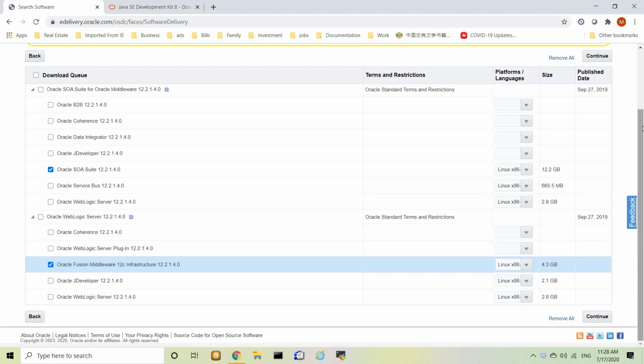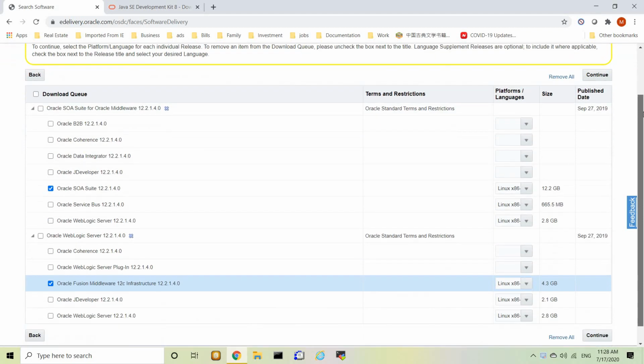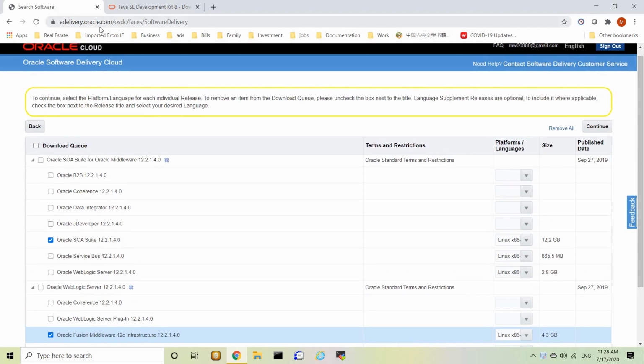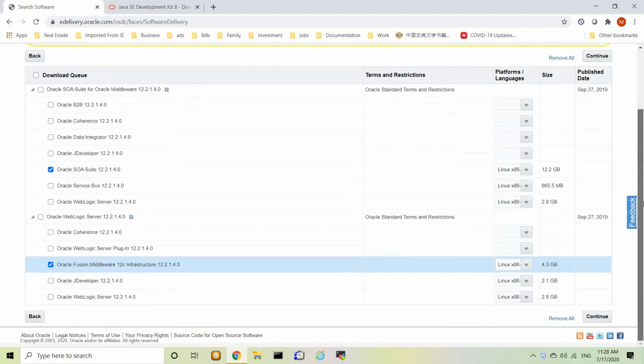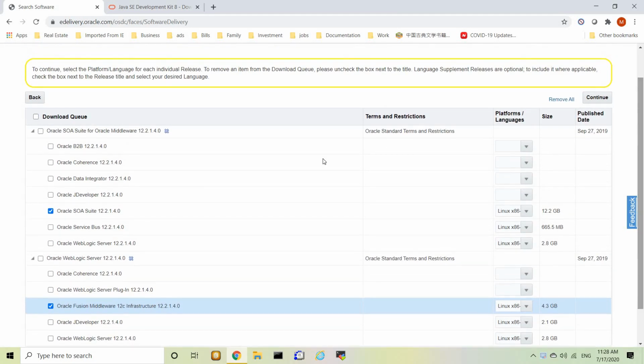Today we're gonna install Oracle SOA Suite. So if you have not downloaded the software, you go to edelivery.oracle.com. Here I already logged in. So you go there and search for Oracle SOA Suite and